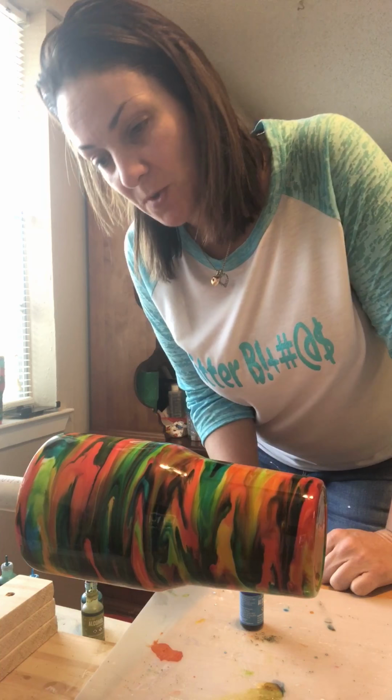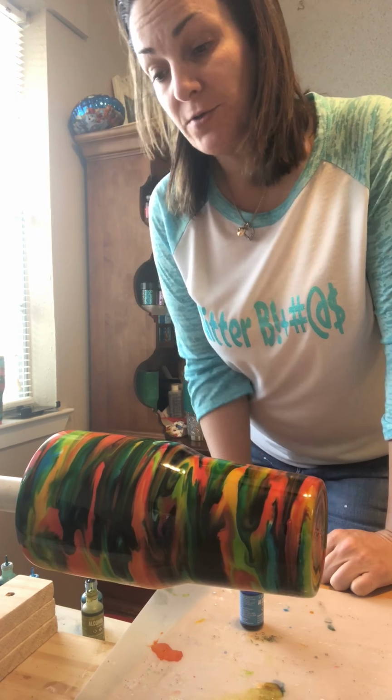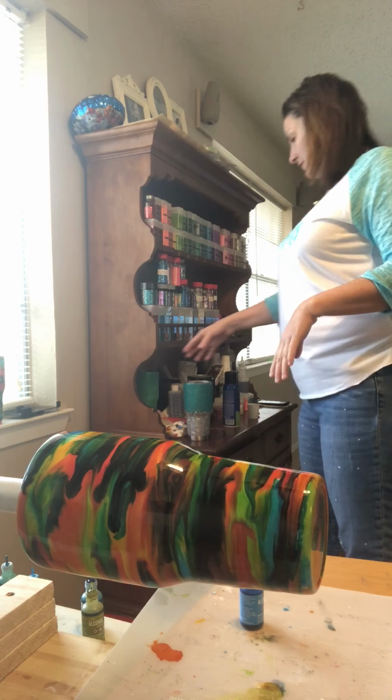once it's almost dry, you're going to make sure you give it a nice heaping go around of